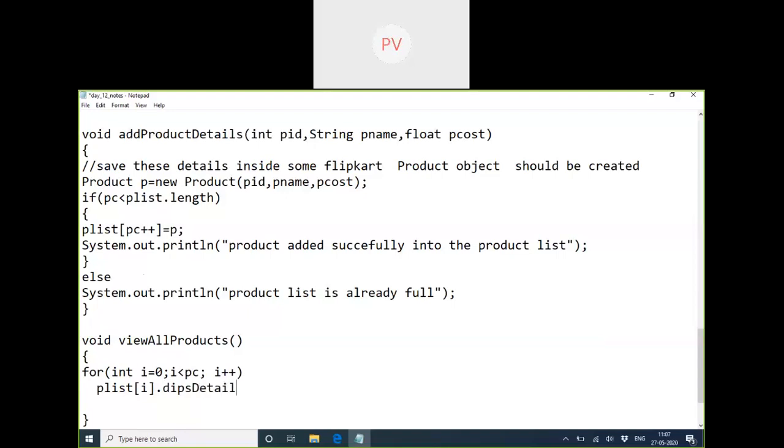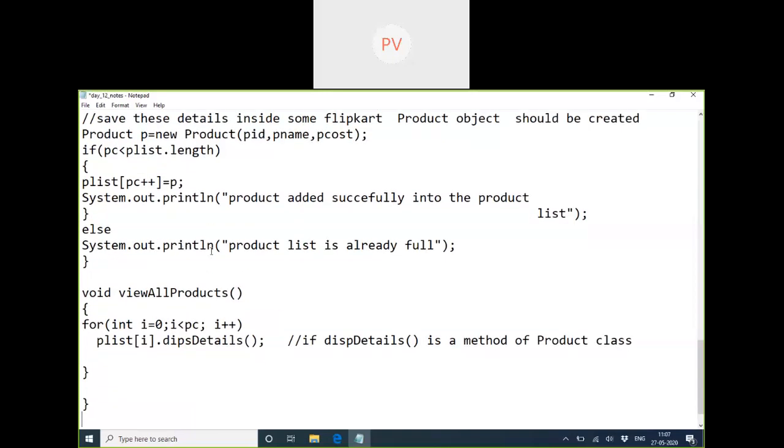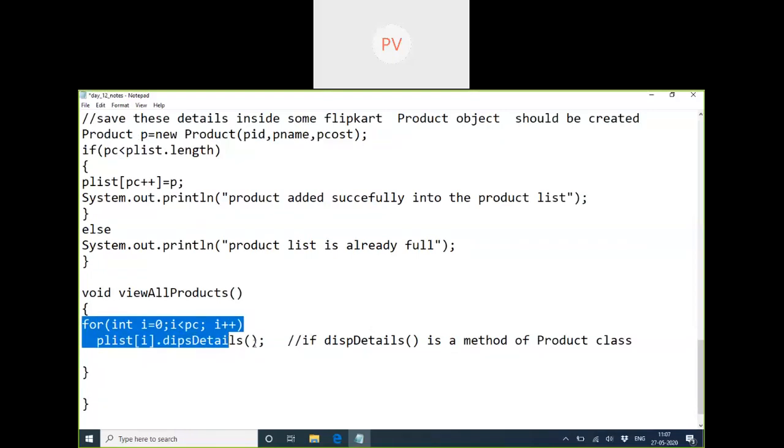So if we have written a display details method inside the product class, then we can call it. Is that clear? This loop will run as long as the data is available.